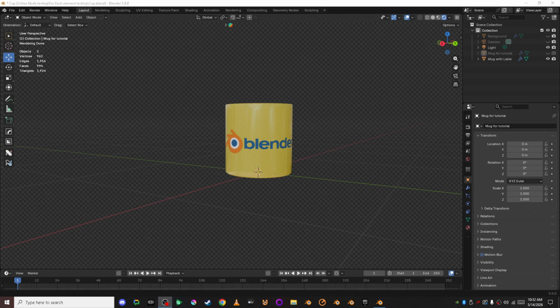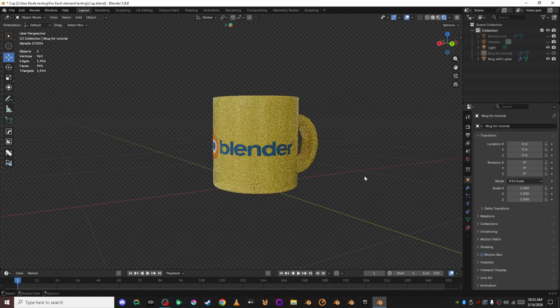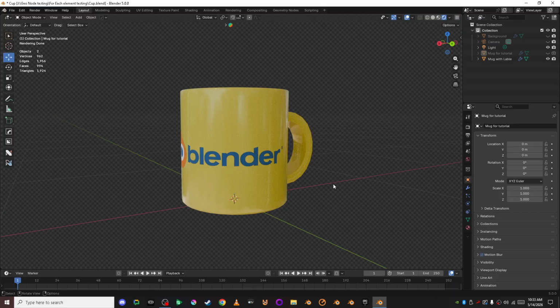Welcome to this tutorial on adding a label to an object, and this object is going to be a mug. As you can see, it's already done. Congratulations. Nah, just kidding. So with this mug here, this label, I can do a bunch of things such as